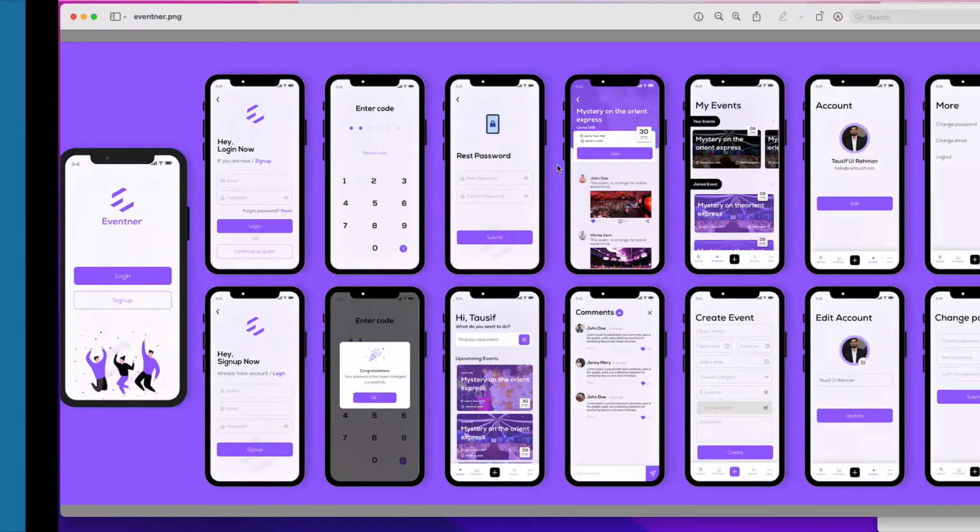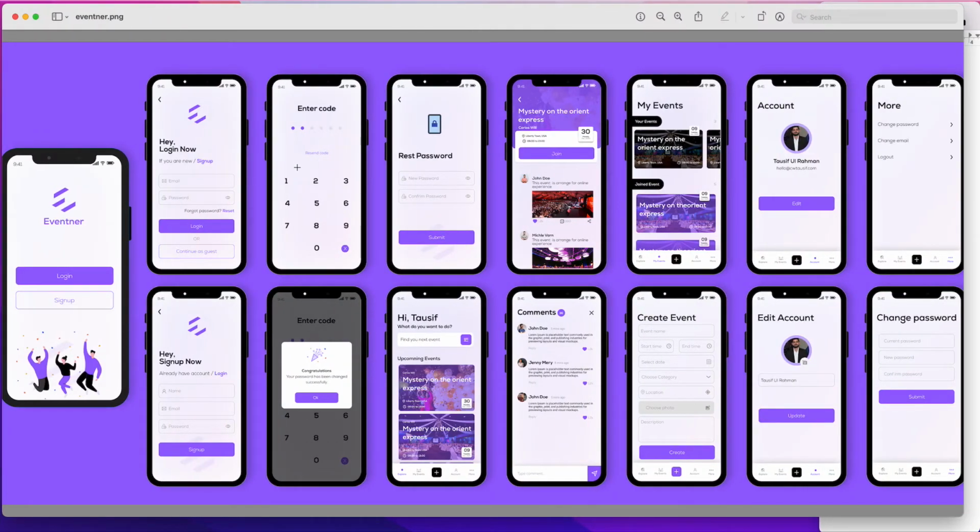So this is the project design we have over here. In this project we have a number of screens, and some functionality: user login, sign up, events creation, commenting on events, and liking those events. Whenever you have a design like this and you plan to create this app, or a website or APIs for this app, to start the process you need to create the